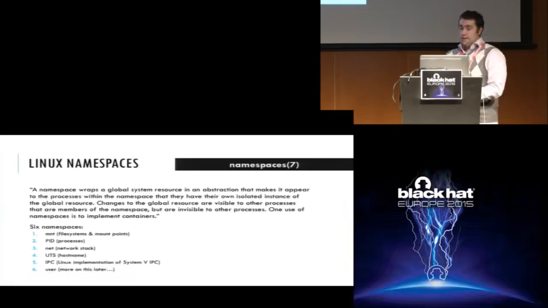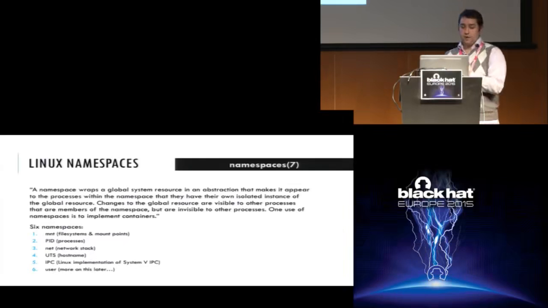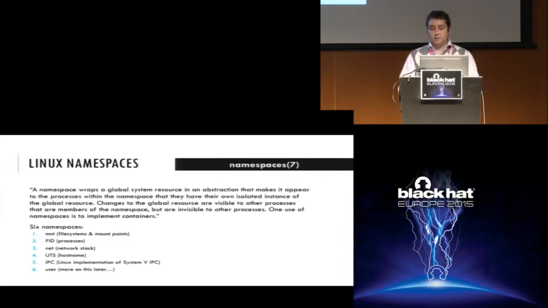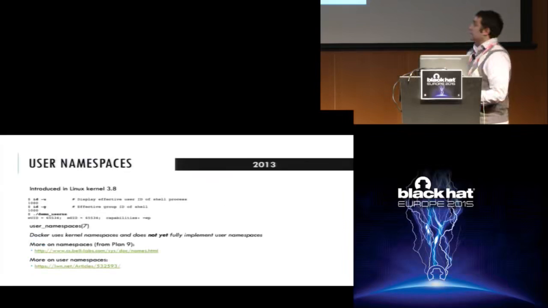So one of the main technologies that is used by Docker, the fundamental thing behind Docker's containerization technology, is Linux namespaces. How many people in the room have some sense of how namespaces work? Okay, great. So basically you can think of a namespace as some level of a container, and you can effectively have a namespace for processes, for mount points, for networks, for users, all of these kinds of things. I think this slide might even be too dated at this point,